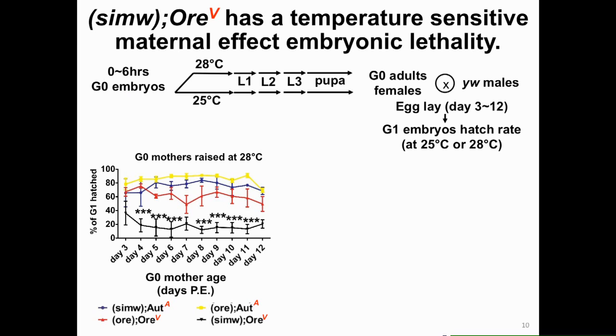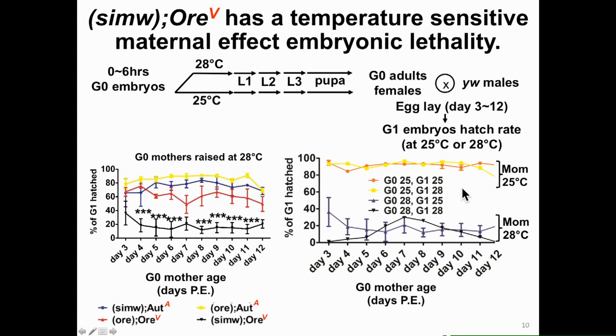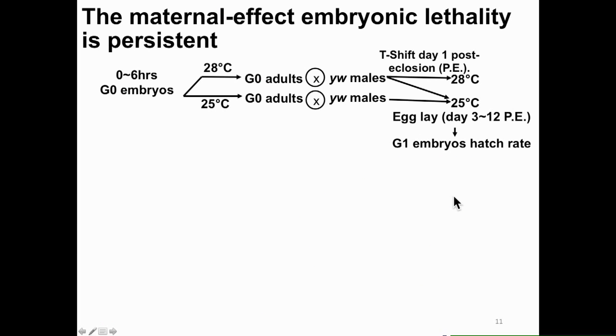To answer that, we allowed these G1 embryos to develop either at permissive or non-permissive temperature. From this figure, you can tell that it is actually the developmental temperature of the mother that determines the hatch rate of the embryos. So based on this, we conclude that there is a temperature-sensitive maternal-effect embryonic lethality arising from this mito-nuclear incompatibility. So our next question became whether this maternal effect is reversible if we switch the adult